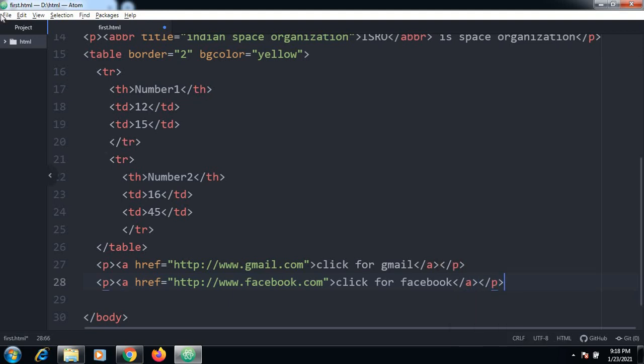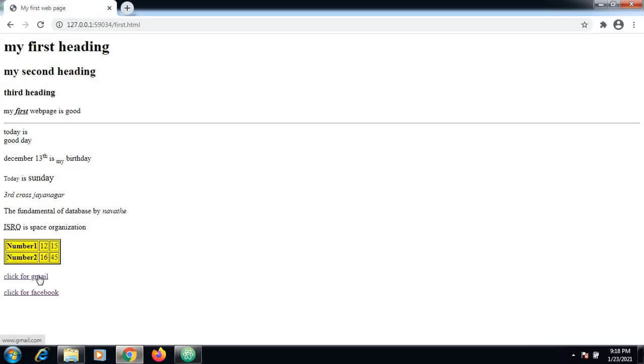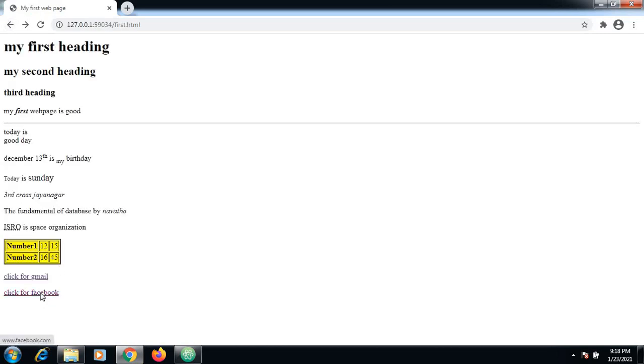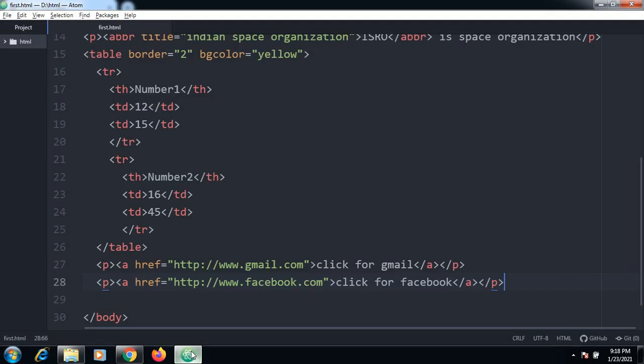So what happens if I use this particular link? Once a link is created over here, just click on this, and it will go to the particular site. So this is how we created the links using the HTML tags.